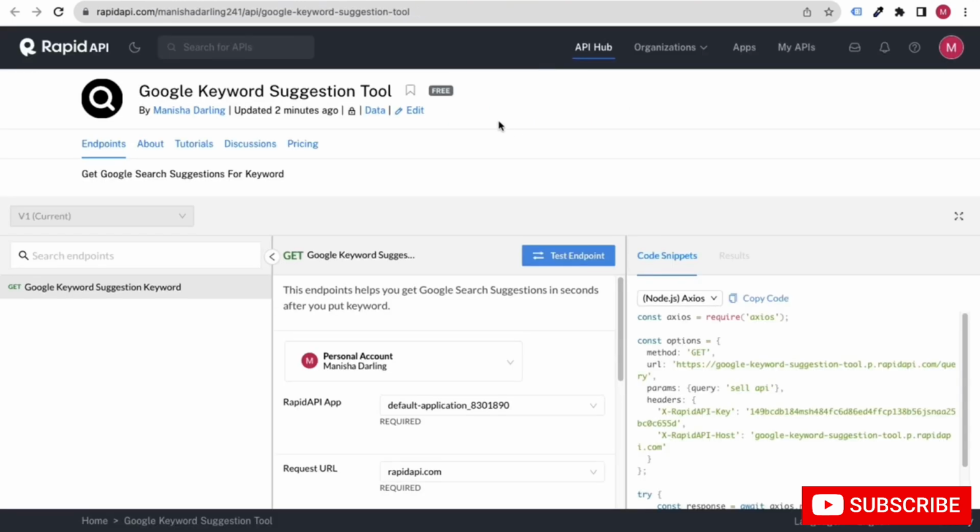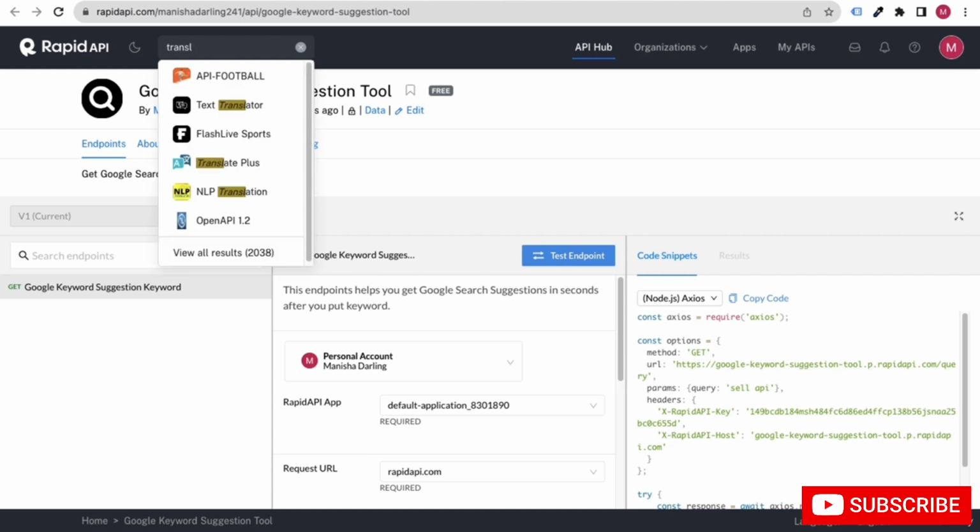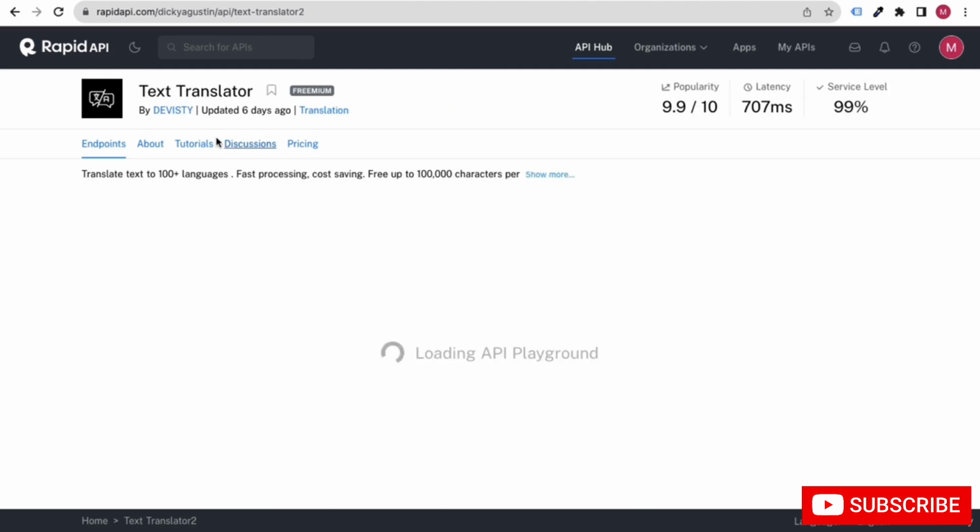So now guys, one thing I just want to tell you: whenever you post your API, make sure it has a proper keyword, okay. Whatever tool you are publishing, for example, we have a text translator related to translation. We have this particular API, just one example.